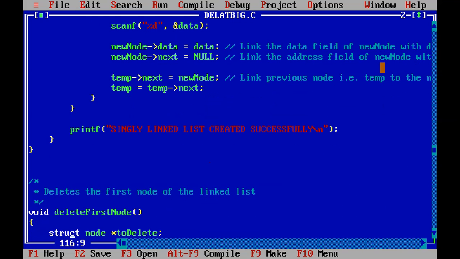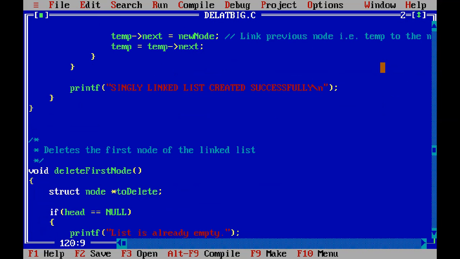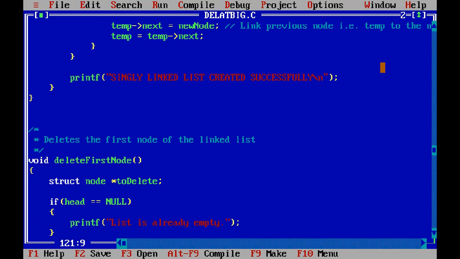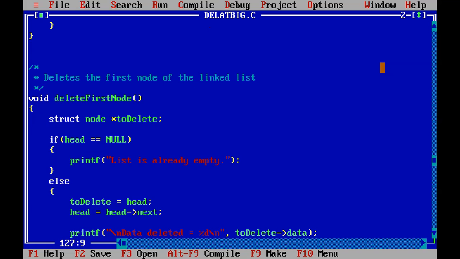After that, the delete first node function. In delete first node, if head equals null, it will display list is already empty. Otherwise, toDelete equals head, which means the head is the first node and it is assigned as toDelete, and head will be head next, which means head will point to the next node. Okay, head will be the second node.